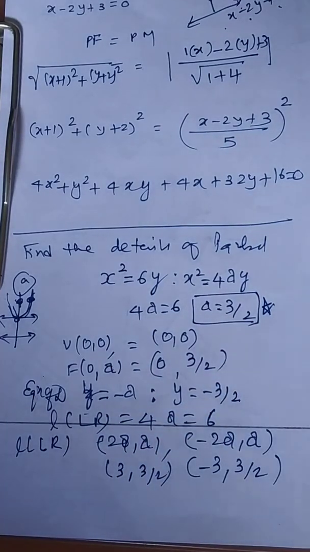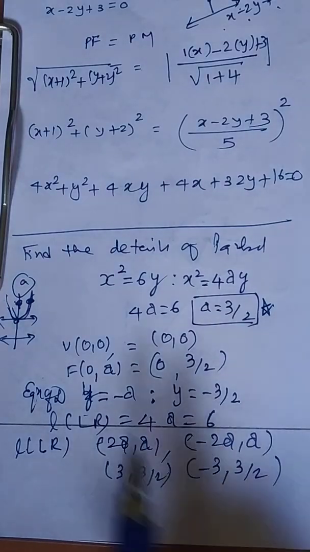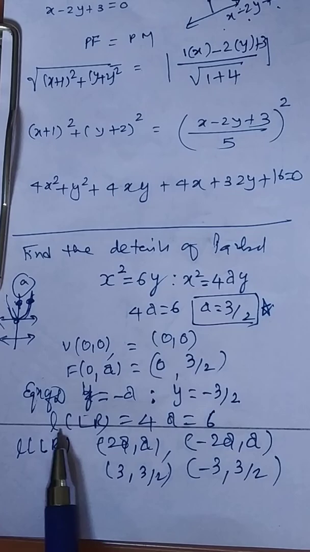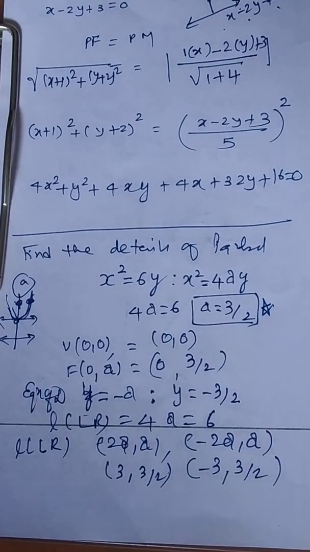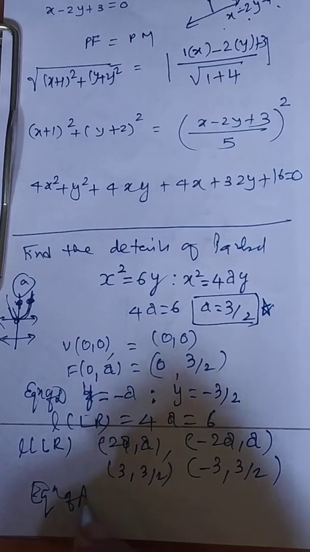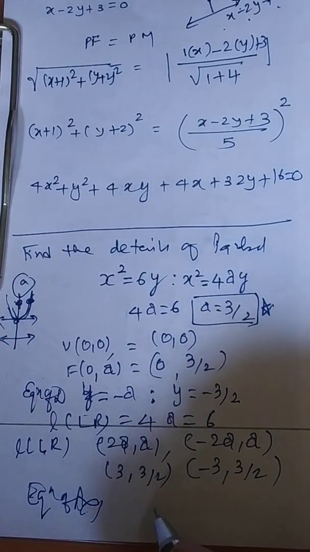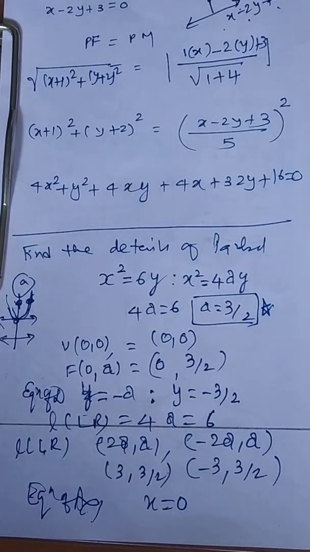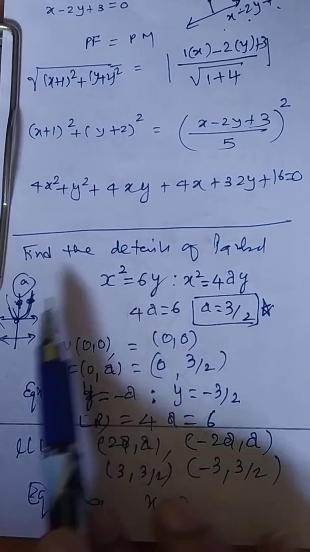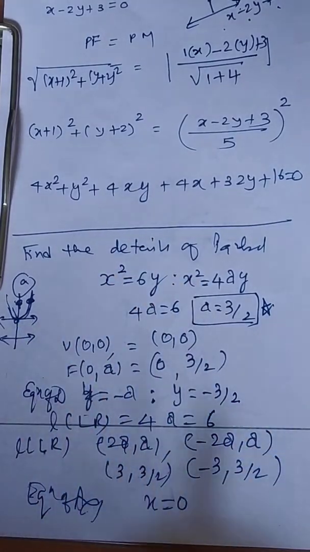Is everything going to be asked in the exam? No. By giving this expression they may ask you the focus, the equation of directrix, the length of latus rectum and so on. Anything. One more question: equation of axis. This is the axis. x will be equal to 0. So this kind of question will be there. What are the basic things? Looking at this, comparing with the standard one and identifying that answer.